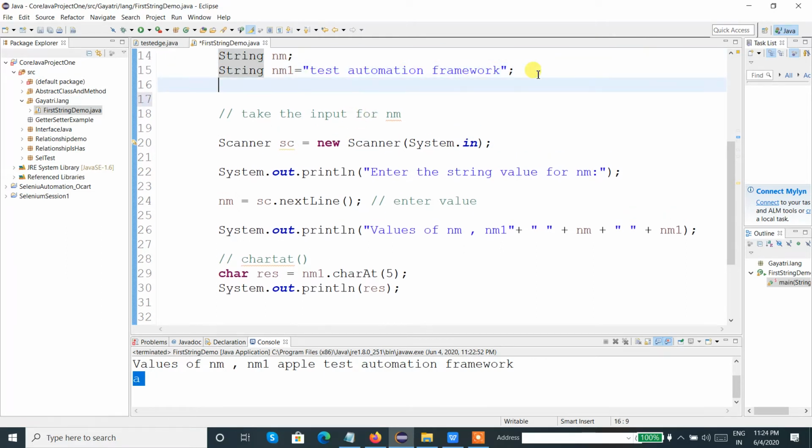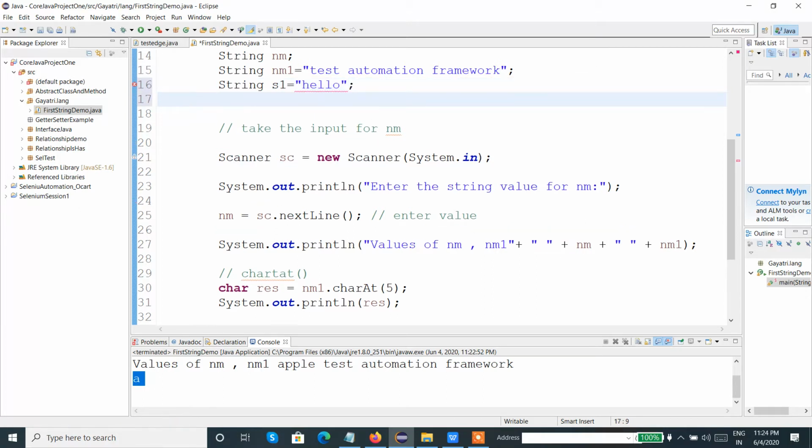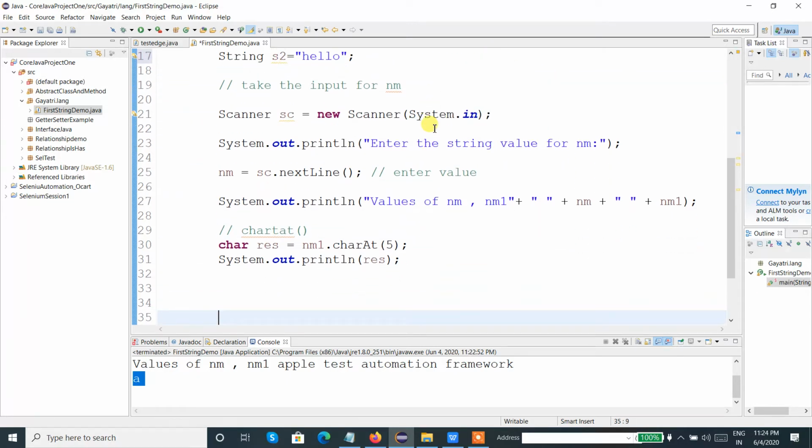Let's say string s1 and string s2. I'll just use "hello" for both, so both strings have the same value, and I need to use the compareTo method.